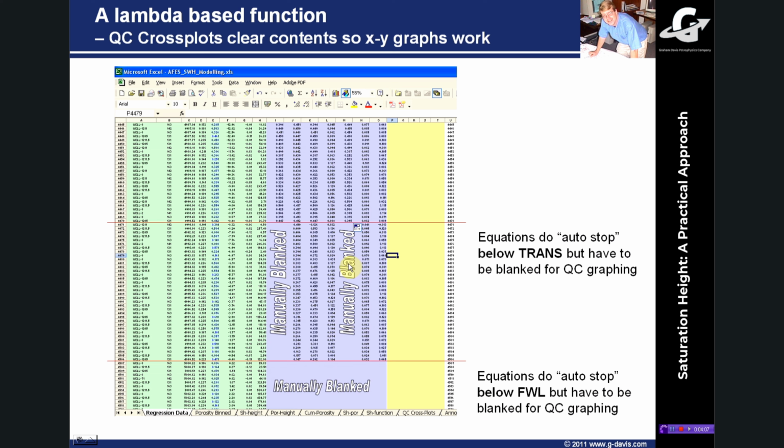And then for these two columns of data, you'll have to manually blank out that porosity relationship as well, so that your QC crossplots will work. I'm sorry that's a little bit clunky, but I haven't found a way to get Excel to ignore blank numbers when it's trying to do an XY crossplot.